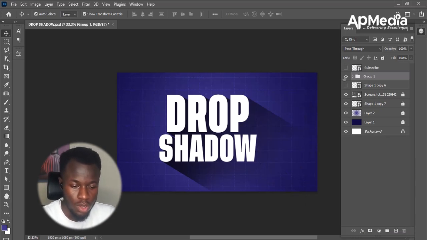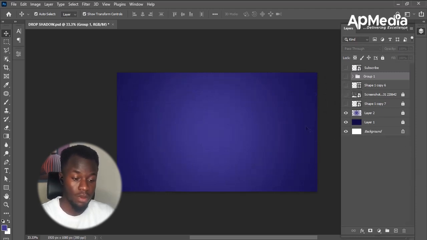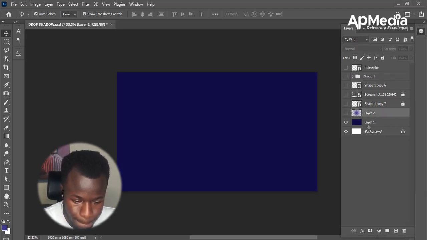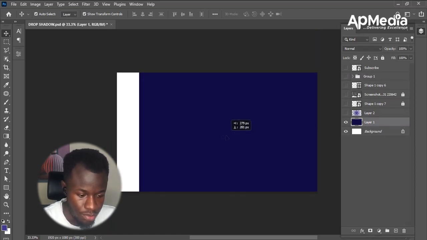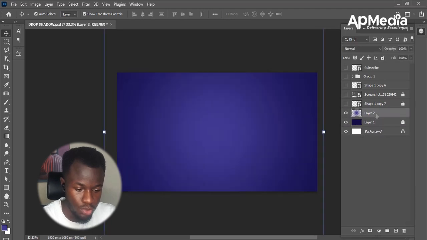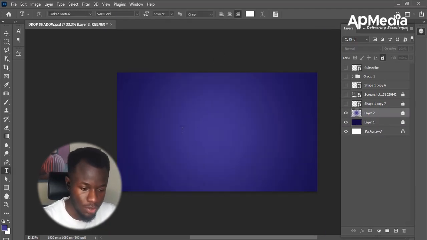Now let's go. Let me turn off this and I'm going to be creating what we have here. So we have this background here. If you want to create this background, I have this color here, and I have a little bit of brush here. Now that's not the purpose of this tutorial. So drop shadow. Now let's write